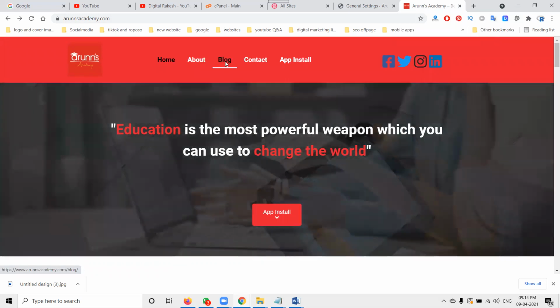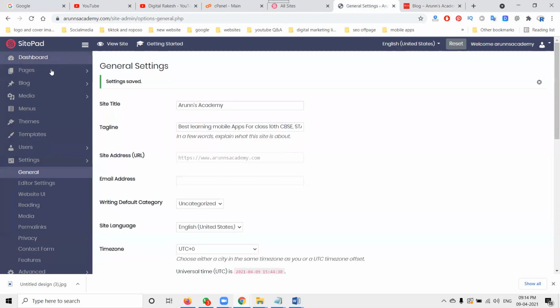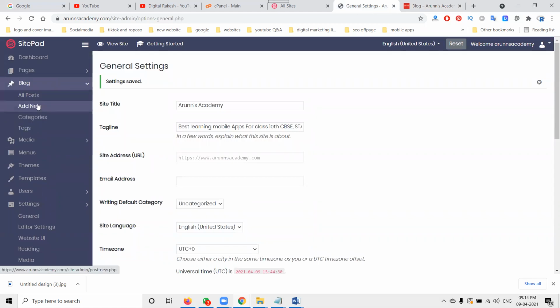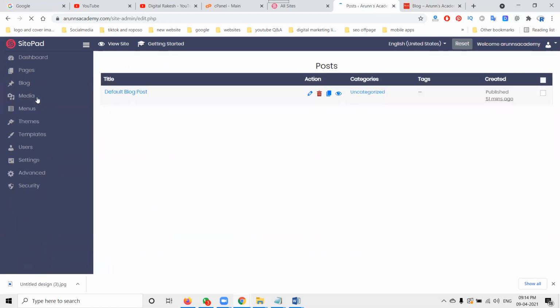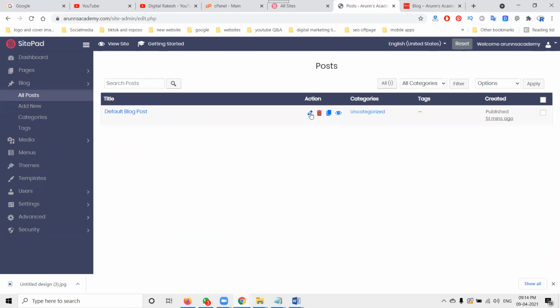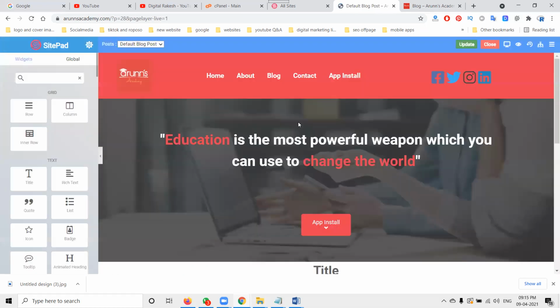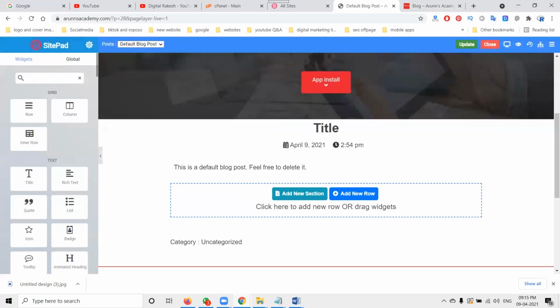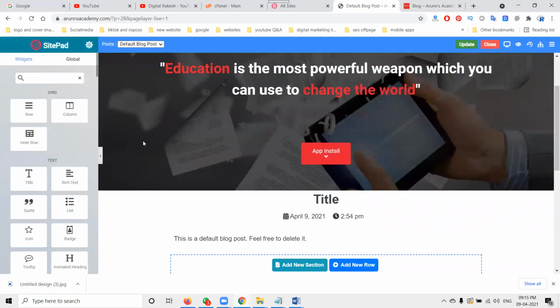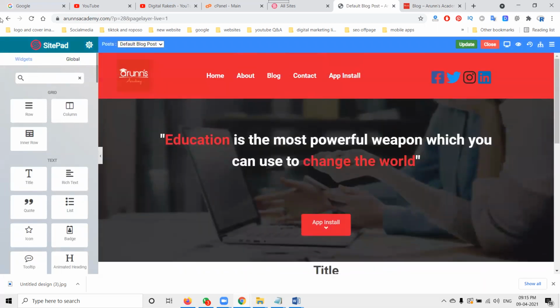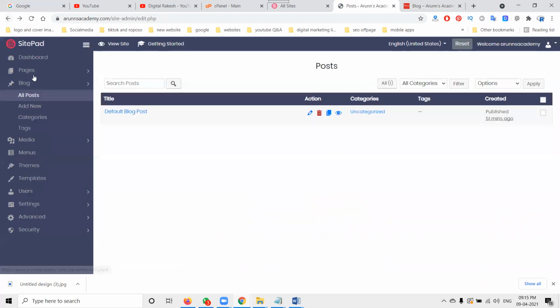In the blog option, we can post n number of blogs. That is the blog option. Here, all posts. Click edit here. In this edit option, what parameters are required? We can fulfill the complete parameters in this blog option. Blog will be in a particular option in this. So here is the post option. Go back, and the edit option will be there.